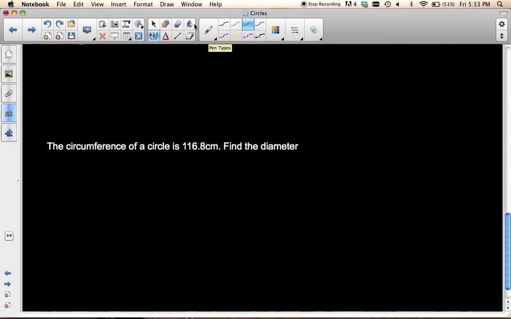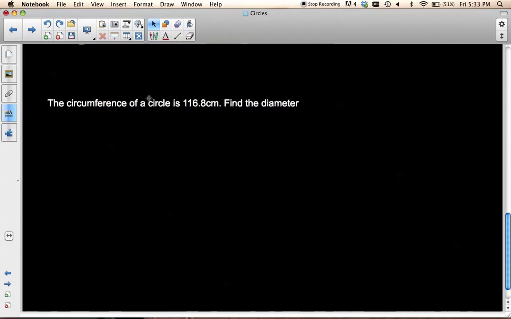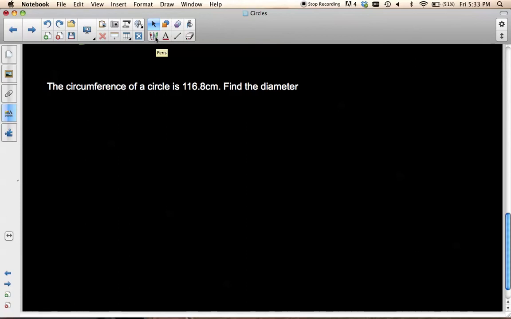Okay, so this one, we know the circumference of the circle is 116.8. So we're told what the circumference is, right? So we know what that is. So the circumference is 116.8, and they're asking us to find the diameter. So they want us to work backwards. So if we know that pi times the diameter equals 116.8,